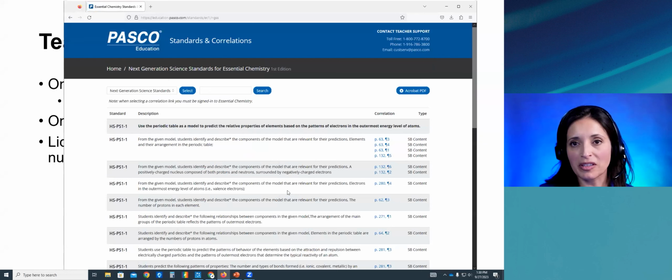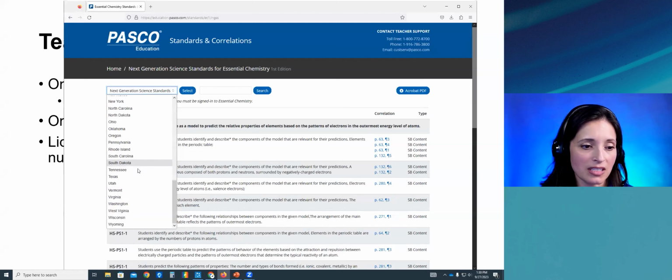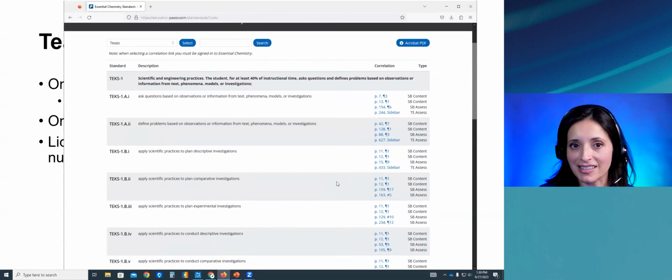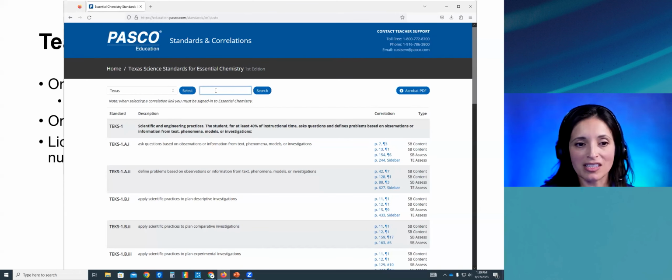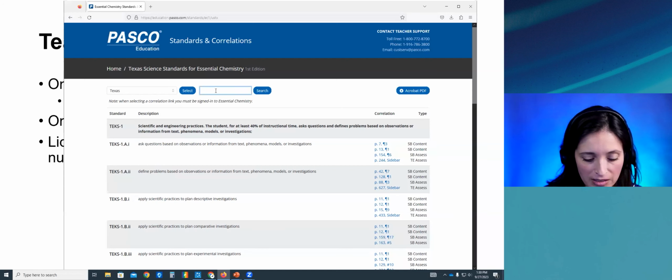What it does is it brings up the list of standards. This defaults to Next Generation Science Standards, but if you're in the US, then you can pick your state. Let's say you're in Texas, pick your state. It will bring up the TEKS. And it's searchable too. So if I want to see how the alignments are working for the TEKS in something like